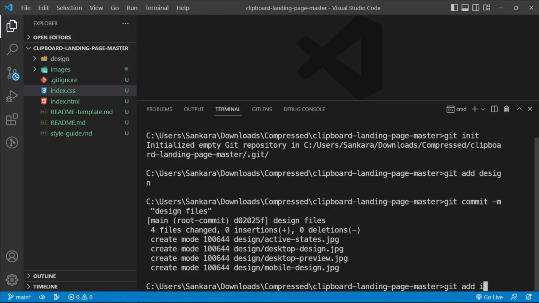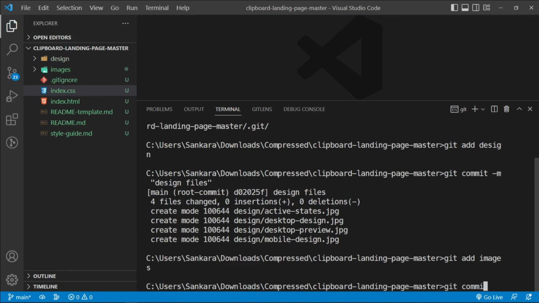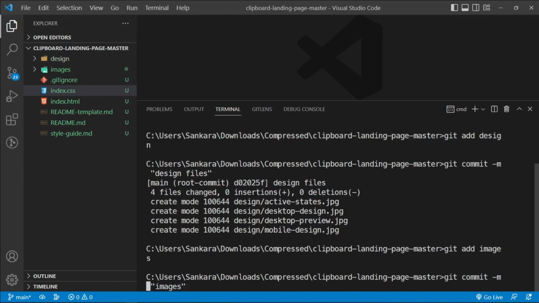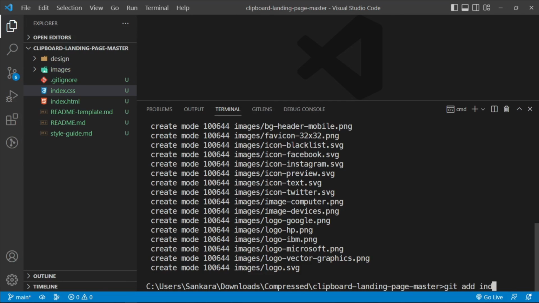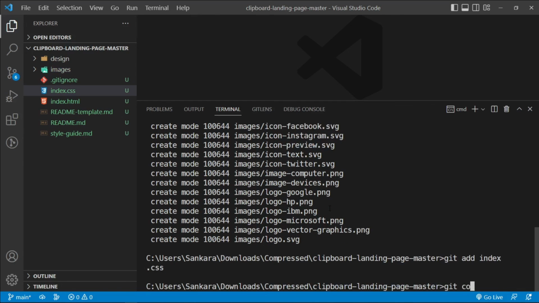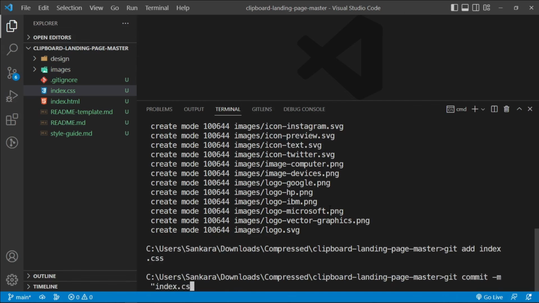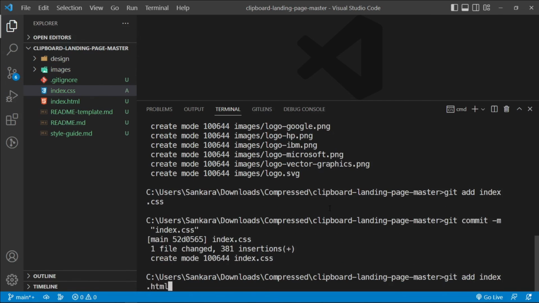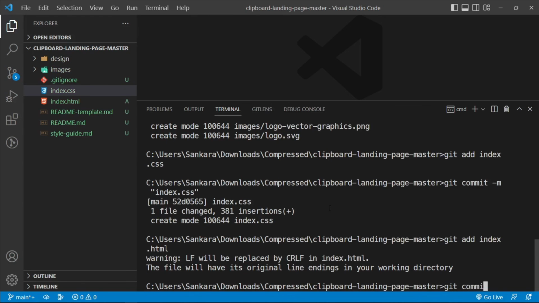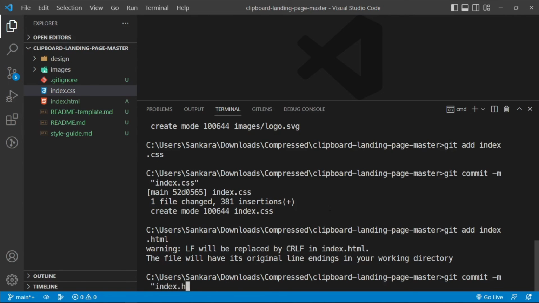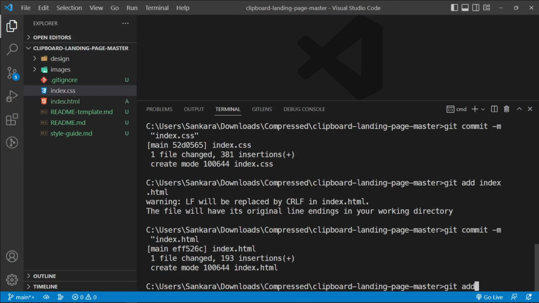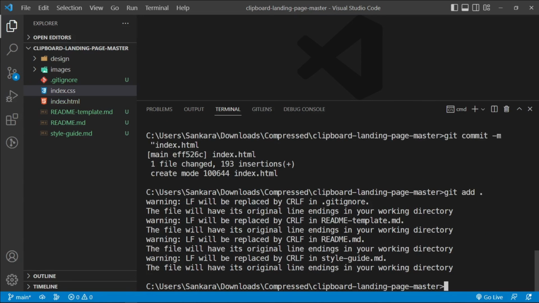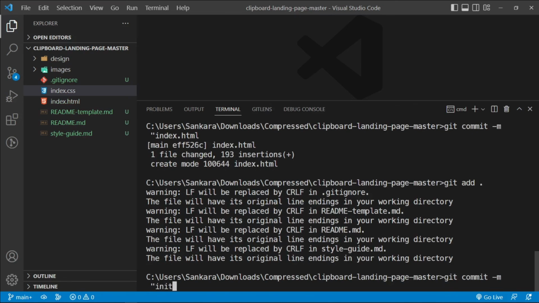And then I'm going to say git add images and git commit -m images, and then git add index.css and git commit, index.css, and then git add index.html and git commit -m index.html. And then I'm going to say git add everything else. So git add dot, meaning git add all, and git commit, and I'm going to say initial